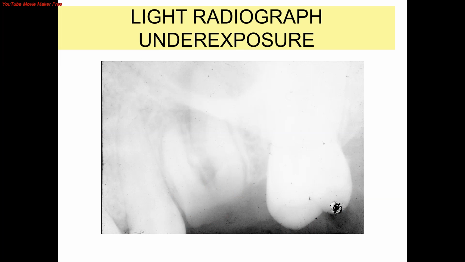We will start with light radiographs. We can broadly divide them into two categories: A. Technique errors and B. Processing errors. In technique errors, underexposure may be due to insufficient milliamperage, insufficient kVp, and insufficient time. Another reason is reverse exposure. And in processing, it can be underdevelopment, depleted developer, contaminated developer, and excessive fixation. If you see this slide, it has a low diagnostic value as periapical details can't be assessed properly. The PDL space is also not clearly seen.